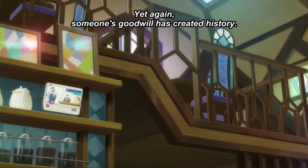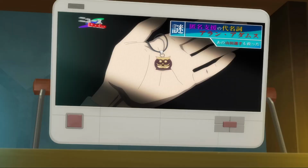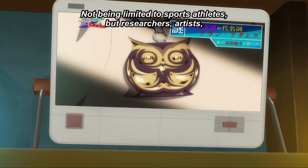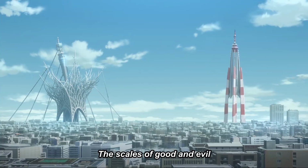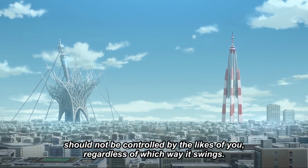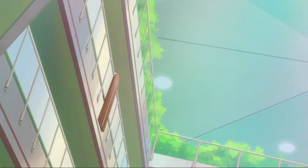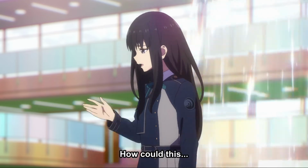I'll try not to go into spoilers here, but all I'm gonna say is that the show goes into fields of superheroes, cybernetics, and even some philosophical discussion about state and freedom and how much people are willing to give up for it. Lycoris Recoil is able to intertwine these themes it wants to explore into its own characters